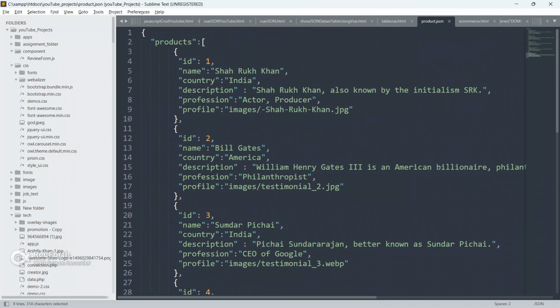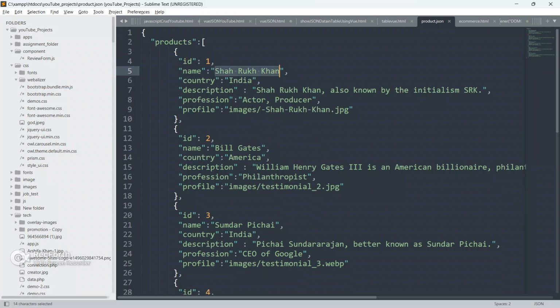So guys, inside this product array of the JSON file, we got 5 elements, and we will be using this product.json file in our coding. As you all know, a JSON file will always be in key value pairs separated by a colon. Always remember guys, I have already explained many times in our previous videos that a JSON file will always be in key value pairs separated by a colon.